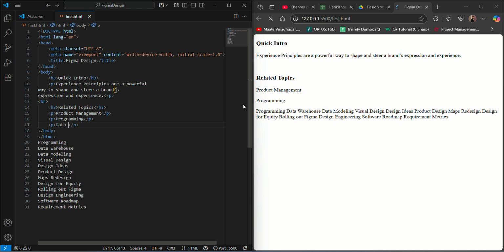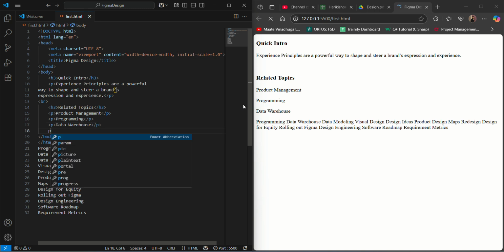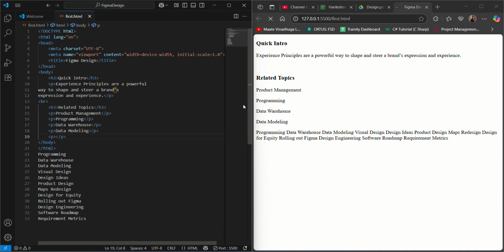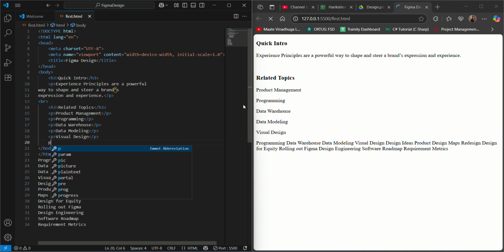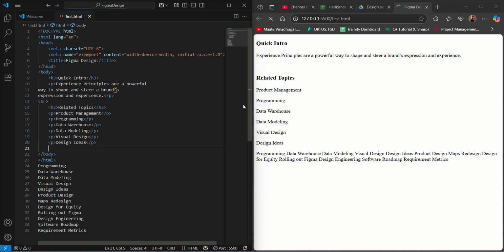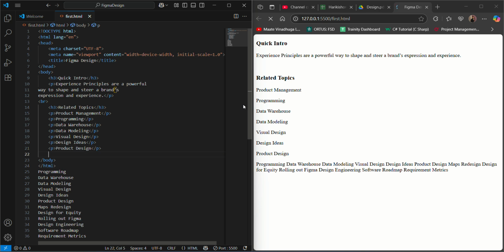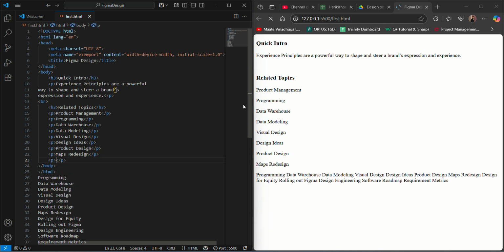Then data warehouse, then data modeling, and then visual design, then design ideas, then product design, then maps redesign, then design for equity,